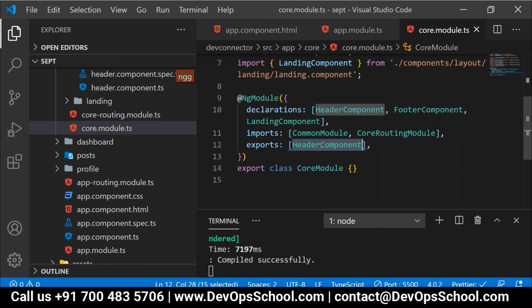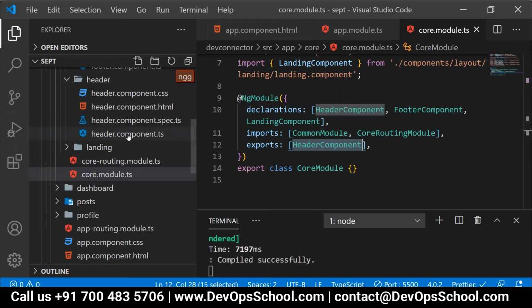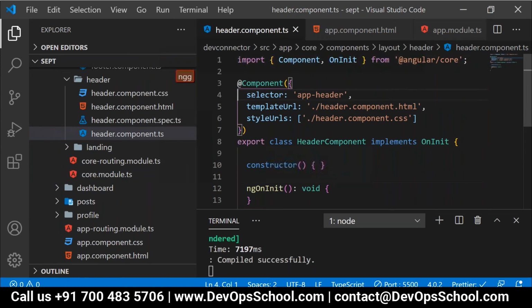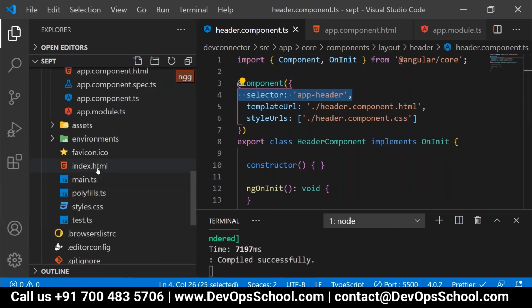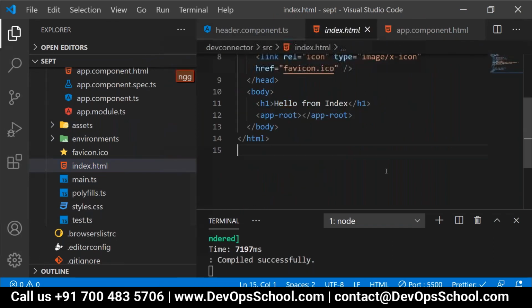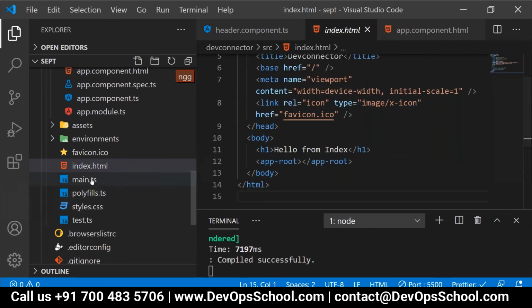So with respect to that exchange, I'm giving the accessibility for the header component. Now, how can I use the header component anywhere? To use the header component anywhere, people, can I use the selector or not? Yes. Right? Now, people, let's have a flow again from the beginning. Why am I coming from the beginning? Try to understand. Now, people tell me, did you get the relationship between these two files correct?